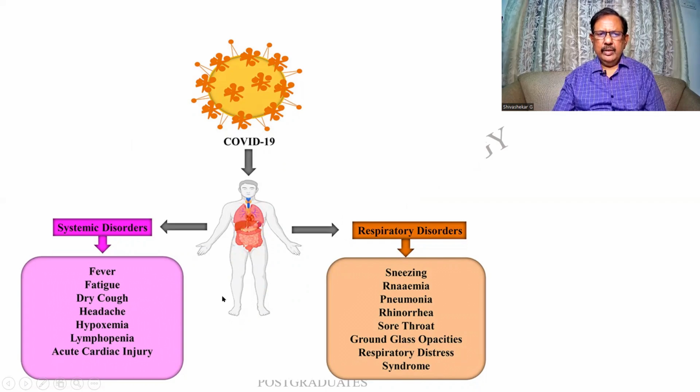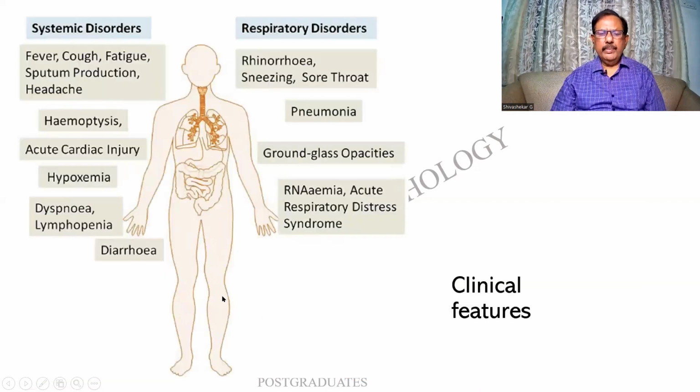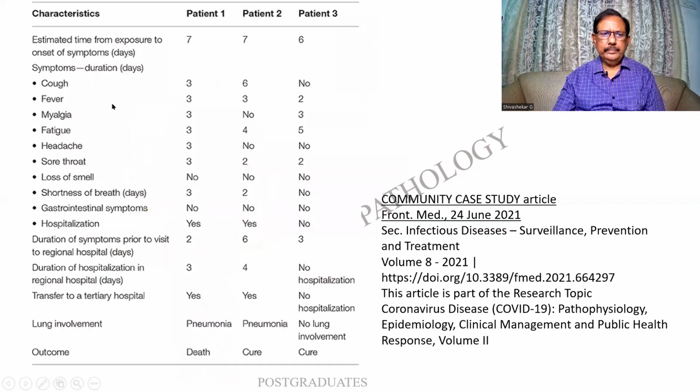Other things are for you to read. The symptoms are again being repeated. As I mentioned, repetition is the mother of knowledge. When we repeat from different angles, definitely you will be able to digest the entire matter. So the ground glass opacity is there, there can be anemia, respiratory distress, lymphopenia. Others are non-specific. Hemoptysis can be secondary to some kind of disseminated intravascular coagulation or a vascular break. These again are the symptoms, and this is a source of reference. Loss of smell is one of the key factors in the clinical diagnosis.